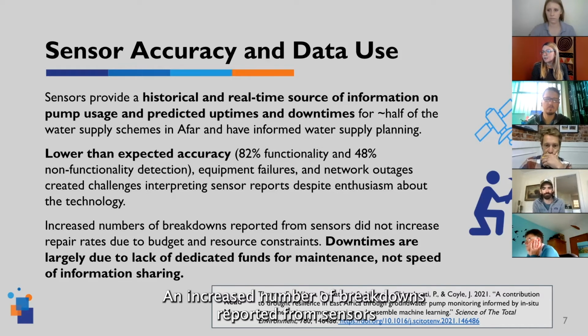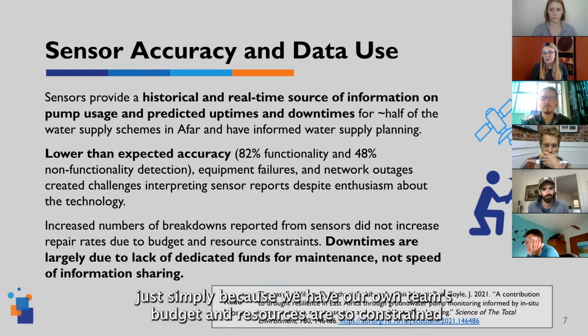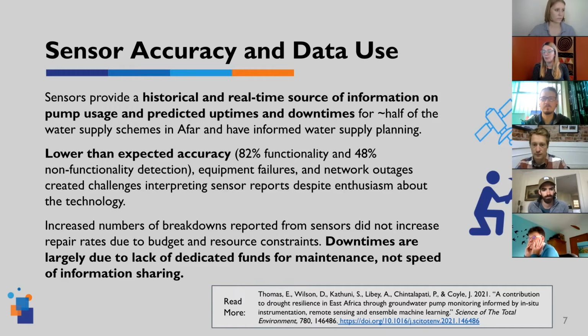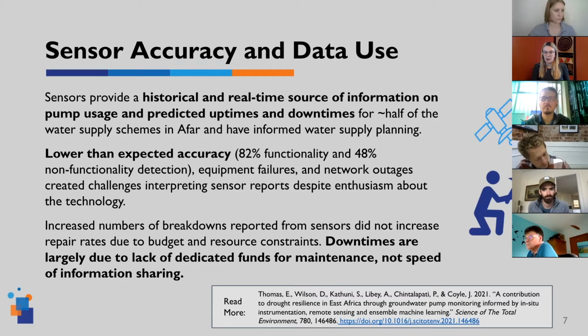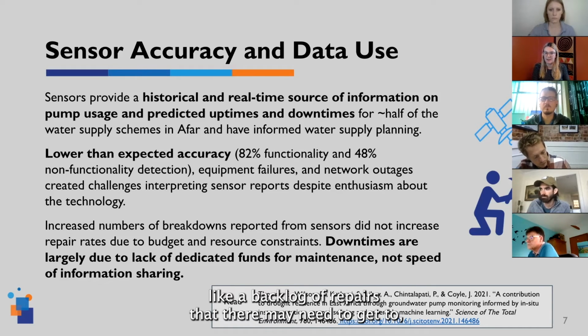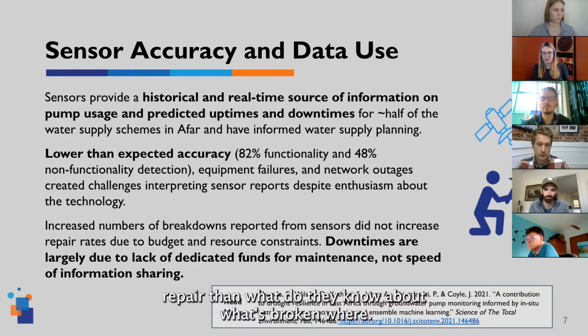An increased number of breakdowns reported from sensors also did not really increase the repair rates, just simply because the AFAR O&M team's budget and resources are so constrained. We found that information sharing wasn't really the problem constraining the number of repairs they're able to undertake. They actually have, in many cases, a backlog of repairs that they're meaning to get to, and it's more the logistics of setting up a repair team and going to undertake that repair than whether they know about what's